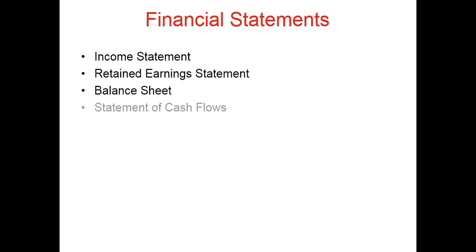Now, go back to your own life. Have you ever prepared a budget? You know, expenses by category, your food, your clothes, your rent, and what you have coming in from your paycheck? You've just prepared an income statement. We need to categorize things so that we can see where the various pieces of the puzzle are.